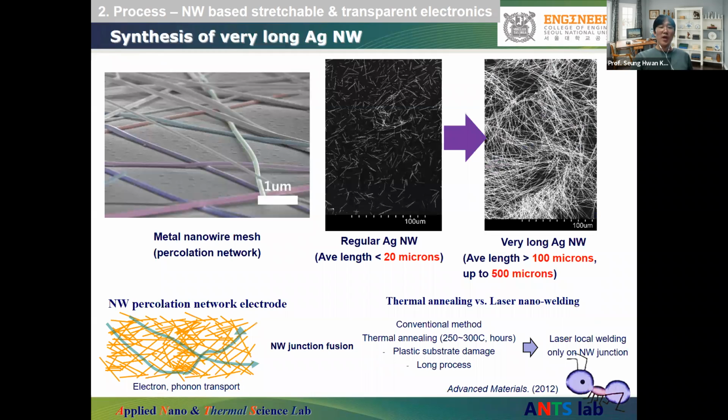Therefore, we tried to develop a new synthesis method for long silver nanowire synthesis. We did that almost 10 or 15 years ago, and we could successfully synthesize ultra long silver nanowire over 500 micron lengths by successive multi-step growth. Because this is a result more than 10 years old, I think there could be a better synthesis method now, but at this time, this was a world